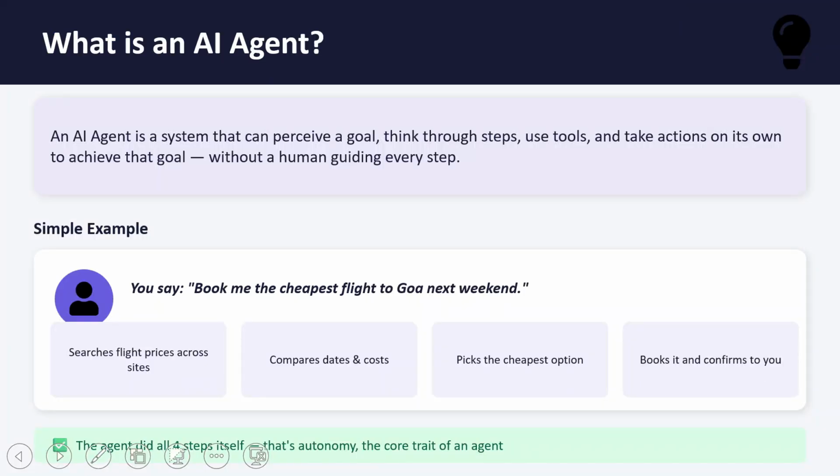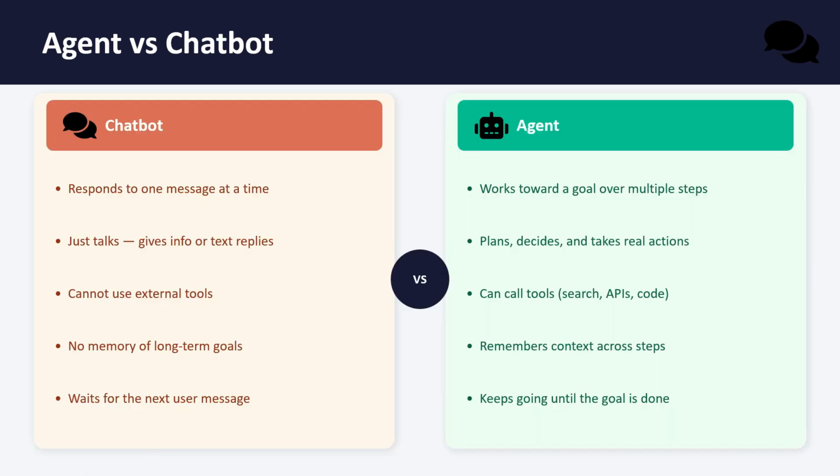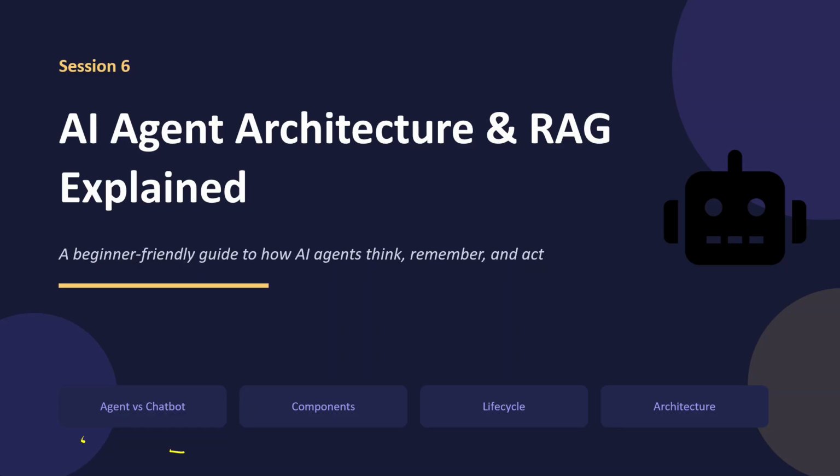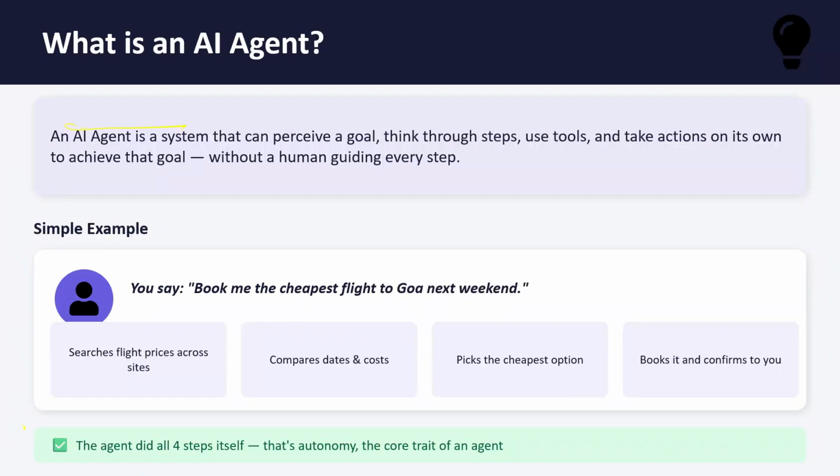Now, what is an AI agent? An AI agent is a system that can perceive a goal. This is a very important keyword here, called the goal. So let me change my pen. An AI agent is a system that can perceive a goal. This goal is a very important term related to the AI agent, and it can think through steps, use tools and take actions on its own to achieve the goal without a human